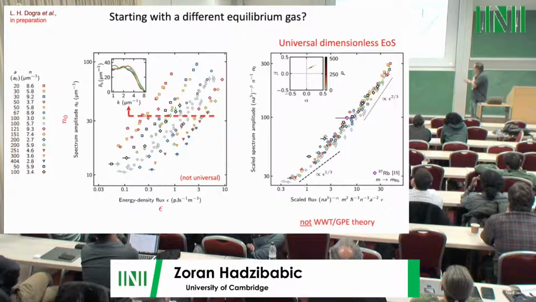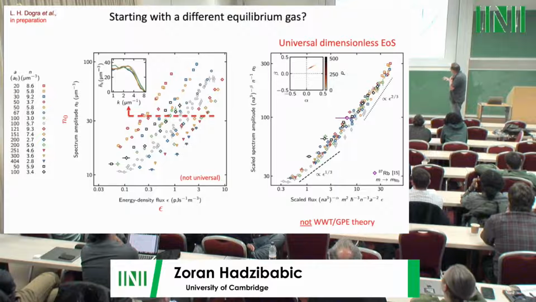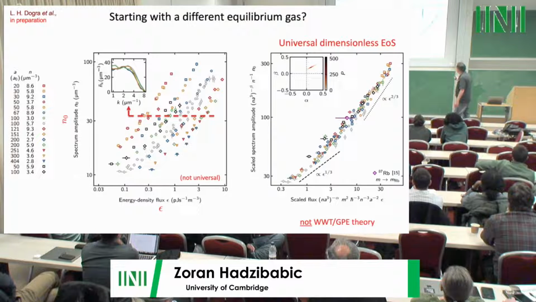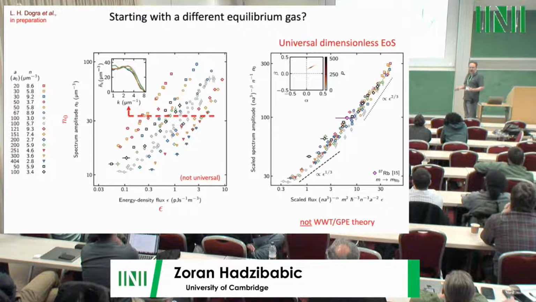A couple of comments here. First of all, even if you look at a single density and single interaction strength, these things are not power laws, which means the universal equation of state can be universal only in a completely dimensionless form. That's the first hint. However, for wave turbulence, that's not enough of a hint to find the unique solution. Both of these axes you can scale into dimensionless form, but you can still add any arbitrary power of the gas parameter, Na cubed, which is dimensionless. Using these two as the free parameters, we find this universal equation of state.